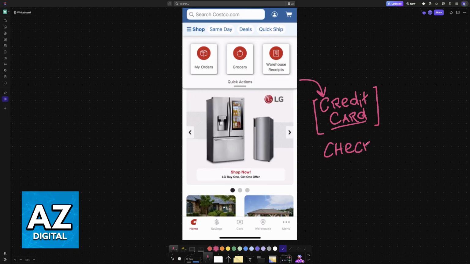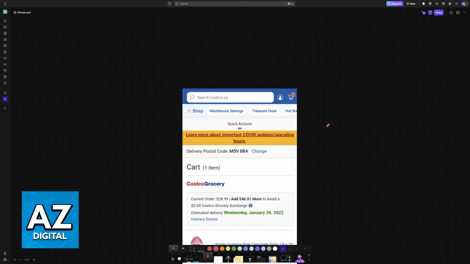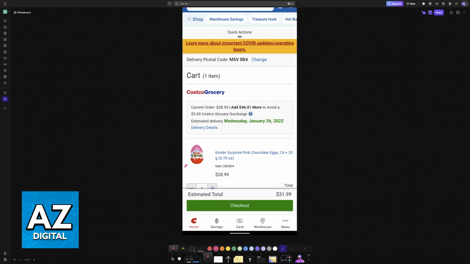So one of the simplest ways to be prompted to add a credit card is just to proceed to checkout. So even if you don't want to purchase something, you can still use this method. Go into any item page, add the item to your cart, and then go to the checkout function. So tap on your cart, you will see any random item that you added here, and then you can tap